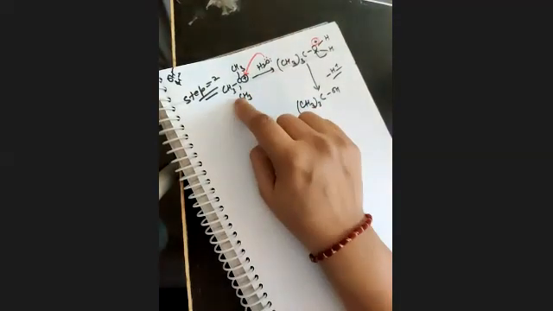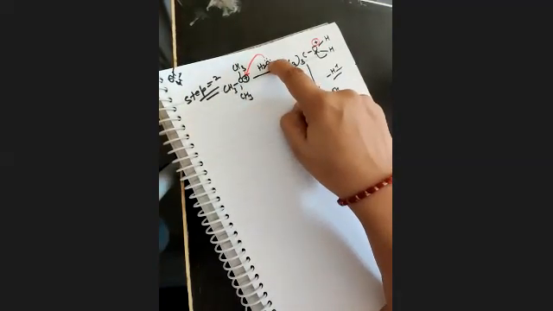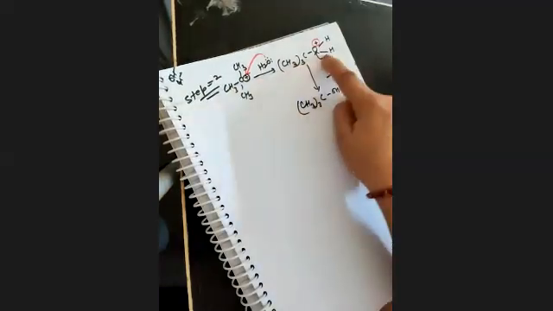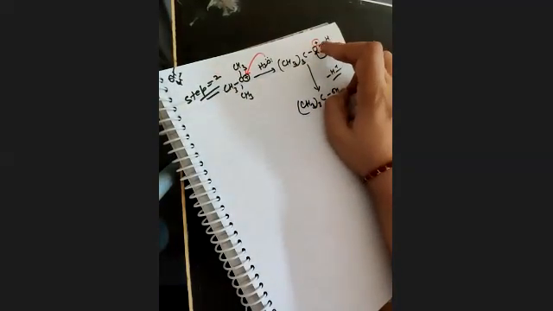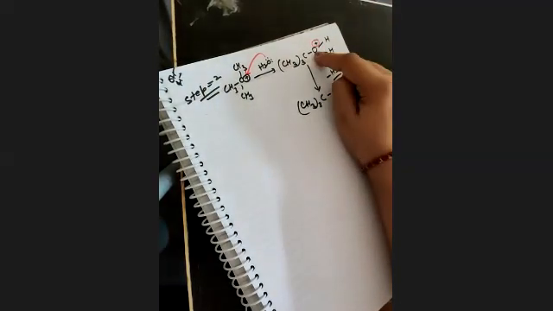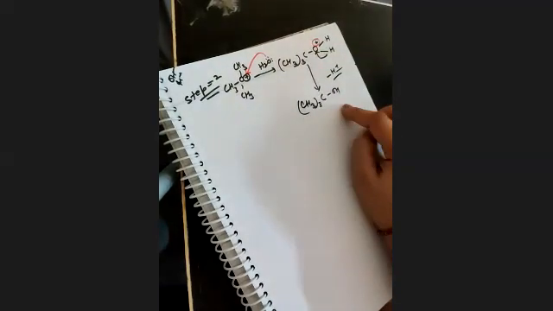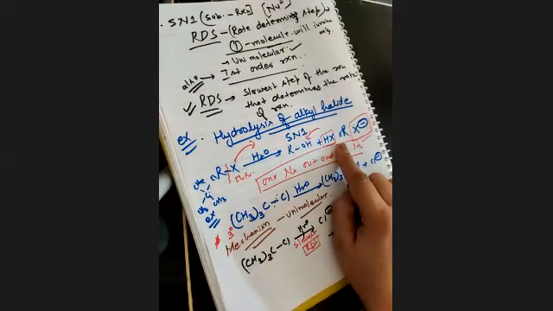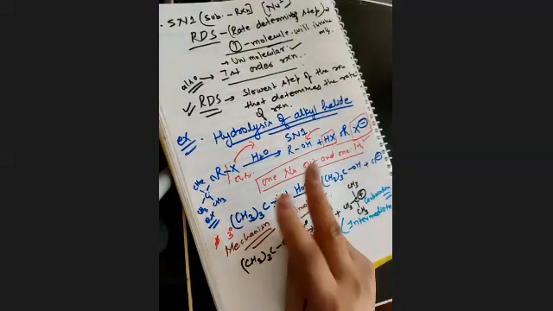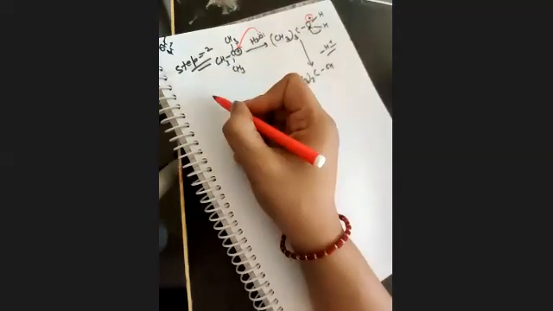So what happened when you get this carbocation? To fill this vacancy, oxygen donates its lone pair of electrons to this and combines with it, but it will not remain here with the triple bonds as well as one deficiency of electron. So to fulfill its deficiency, it starts extracting electron from this hydrogen. Hydrogen will be removed and you will get your final product. So see this, that was the simple reaction which I have told you, and this completes in 2 steps. Okay, but there are some important points which I want to tell you.